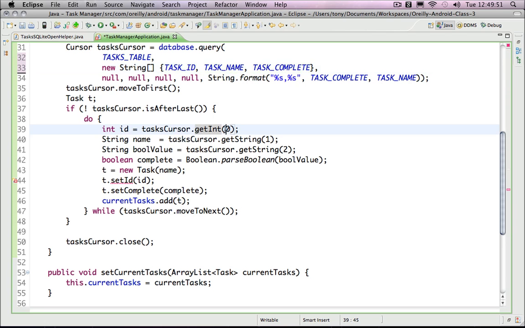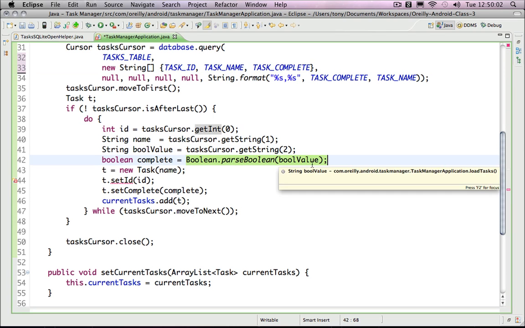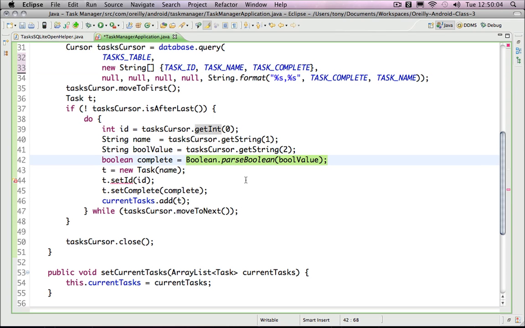At position 0 we have ID, at position 1 we have the name, and at position 2 is the Boolean, and then I'll just parse the Boolean value out of the string. That's one easy way to do it. You could also try to finagle that out of a 1 or 0 integer. And then I'll create the task and put that information into the tasks,